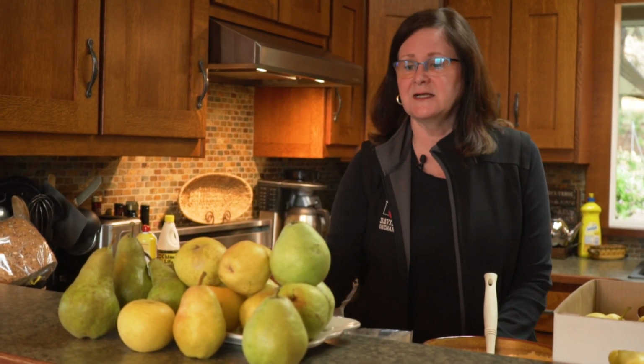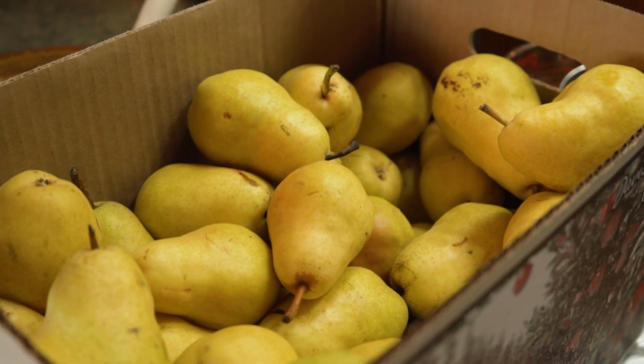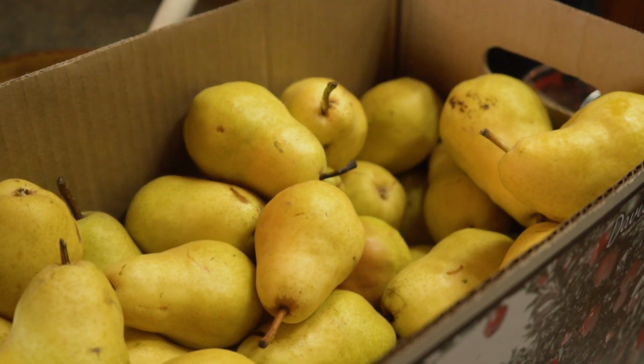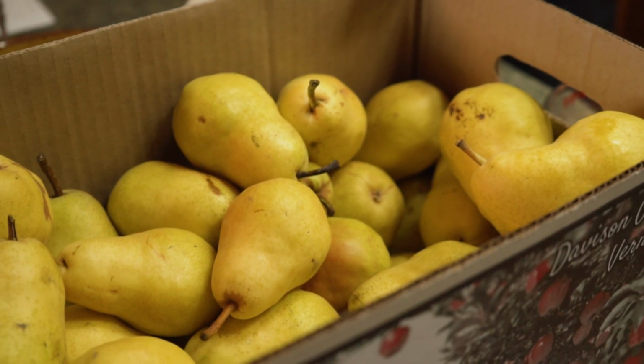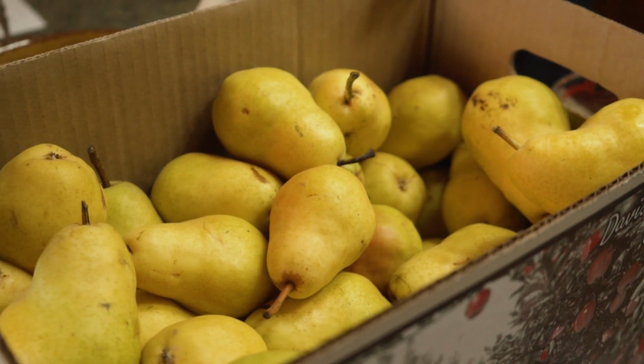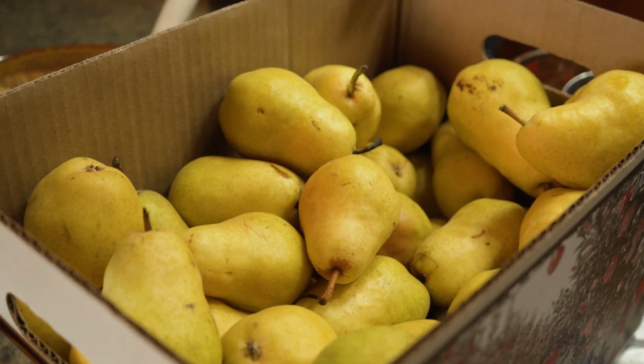Bartlett pears are probably the most common pear. That's the one that I have here in the middle, and it is definitely ripe and ready to eat. It's been 5 days, and the nice thing about Bartletts is that they more or less ripen evenly, so the whole box is ready to go if I was going to can them. Today I'm going to make a pear crisp with them and probably can a few with those that are left